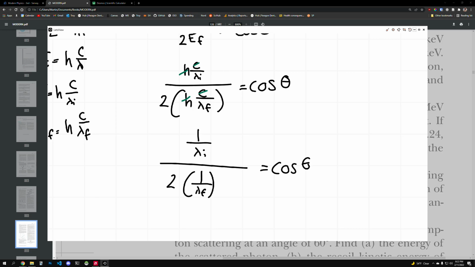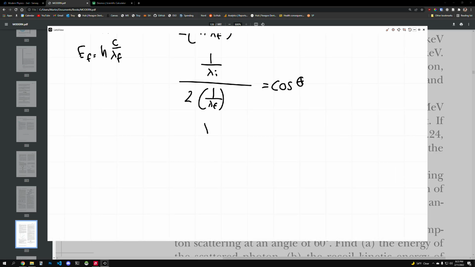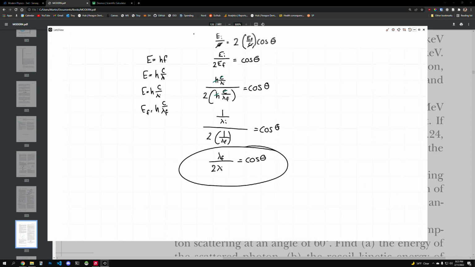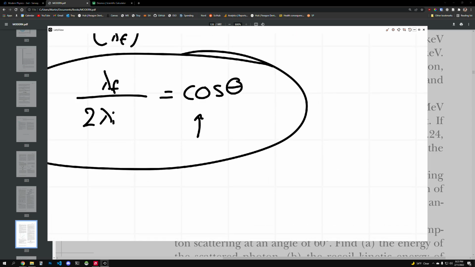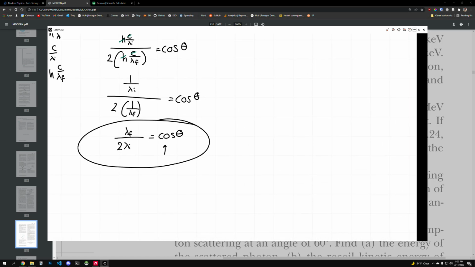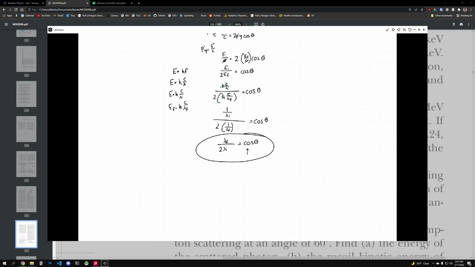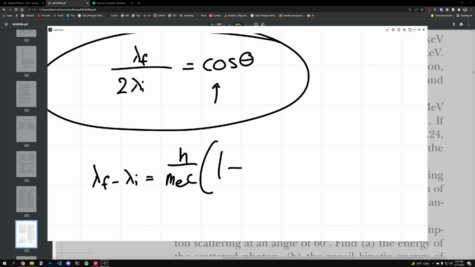Now, these reciprocals end up inverting, and so we get lambda F over 2 lambda I is equal to cos theta. And now we have a very good relationship between cos theta in terms of lambda final and lambda initial, and we can plug that into the Compton scattering formula. So if I know that lambda final minus lambda initial is equal to h over mec times 1 minus cos theta, I'm going to plug that in now,